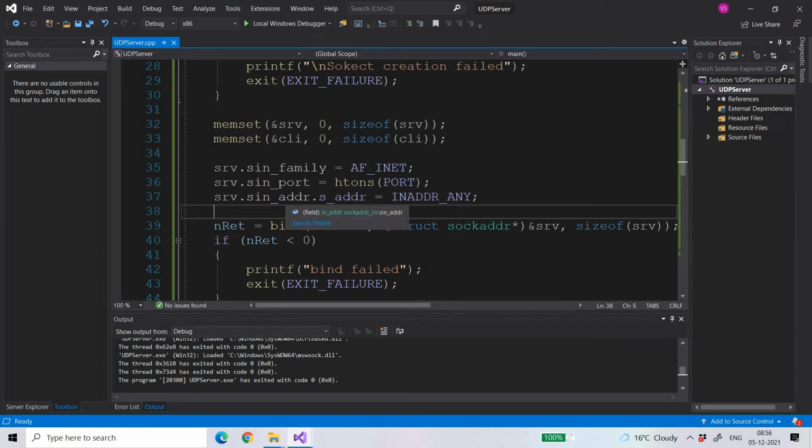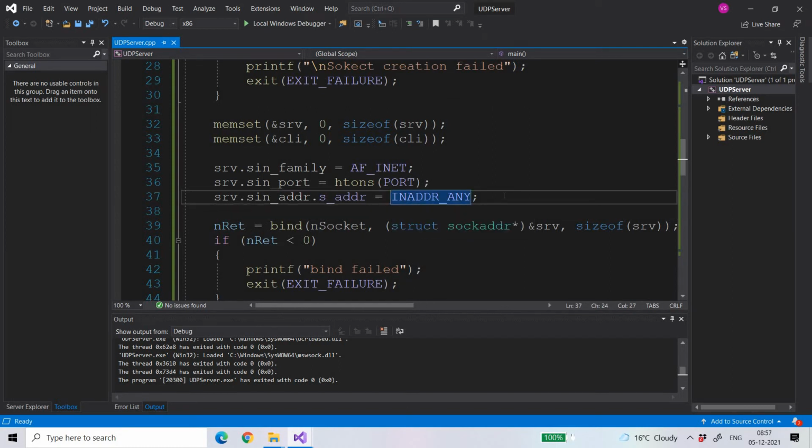So I'm going to make my own machine the local server. So whatever the IP address it is, that will be assigned here, right? And this will already be in network byte order, so you don't need to use inet_addr.